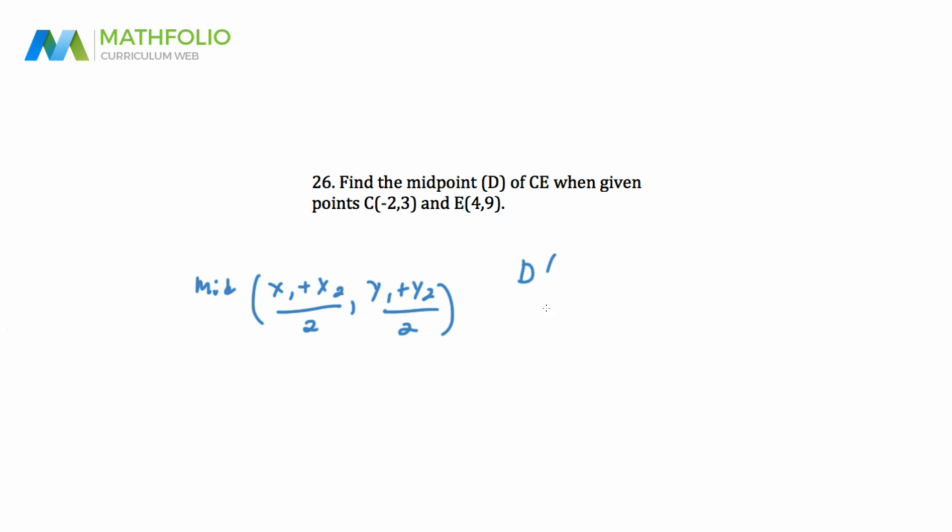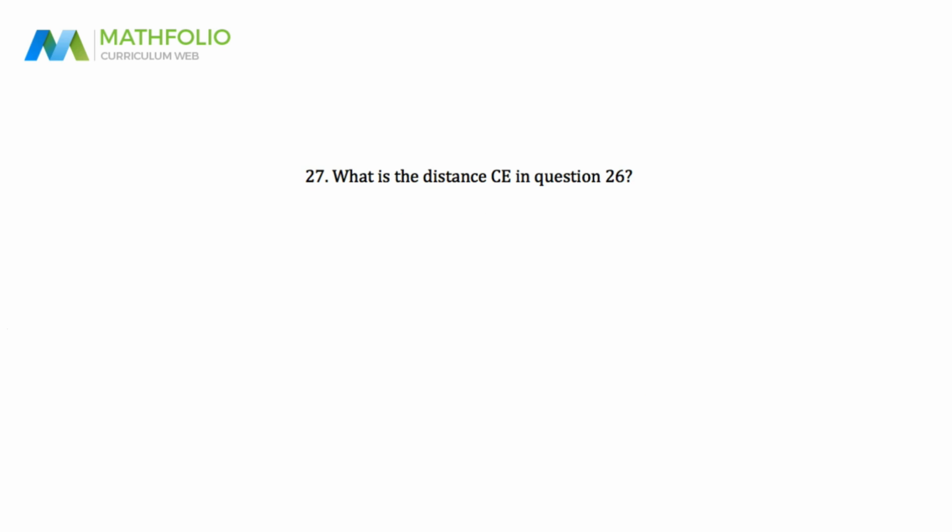So basically midpoint D equals the average of the x's, so negative 2 plus 4 all over 2, and then you're averaging your y's, 3 plus 9 all over 2. So midpoint D equals 2 over 2, which is 1, and really I shouldn't put my equals there, I should just put 1 comma 3 plus 9, 12, divided by 2, 6. This is the midpoint, 1 comma 6, and that's our answer for 26. Okay,